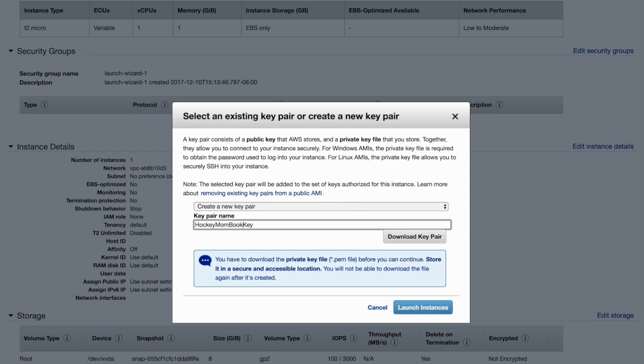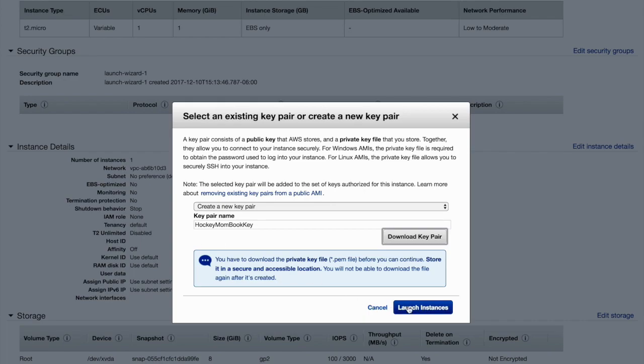You can call it whatever you want, but the important thing is that you have to download your key pair and you have to store it in a safe place. You don't get to do it again. You'll have to actually go through and recreate your whole pair. So make sure you know where these things are downloading to. I have downloaded those down to my local machine,